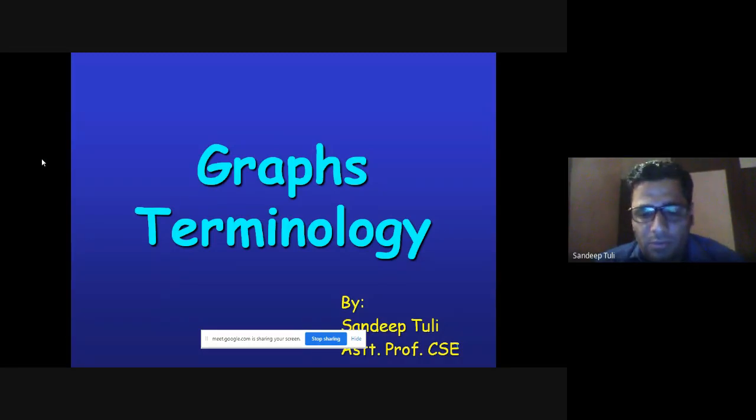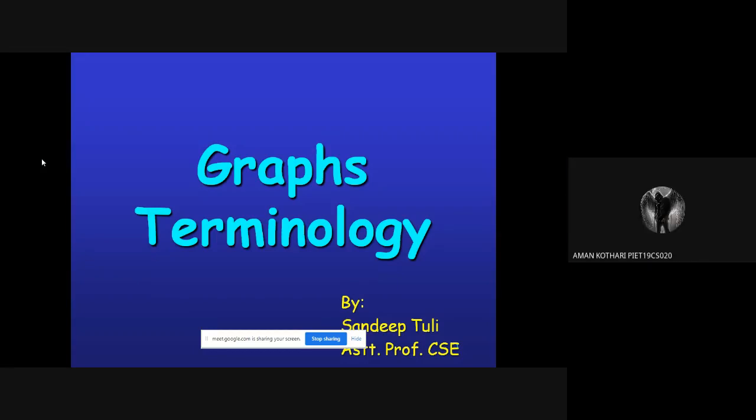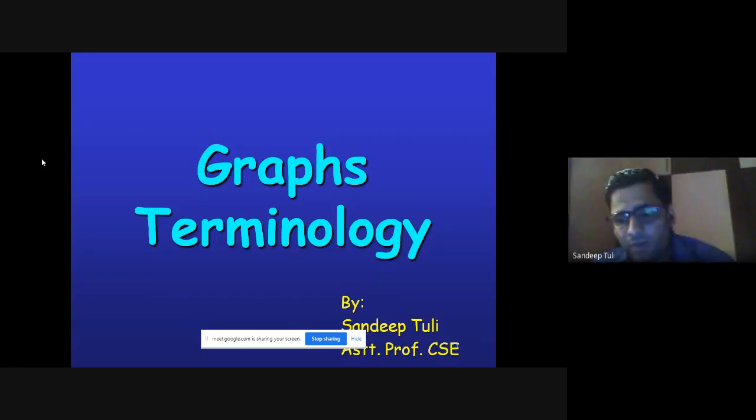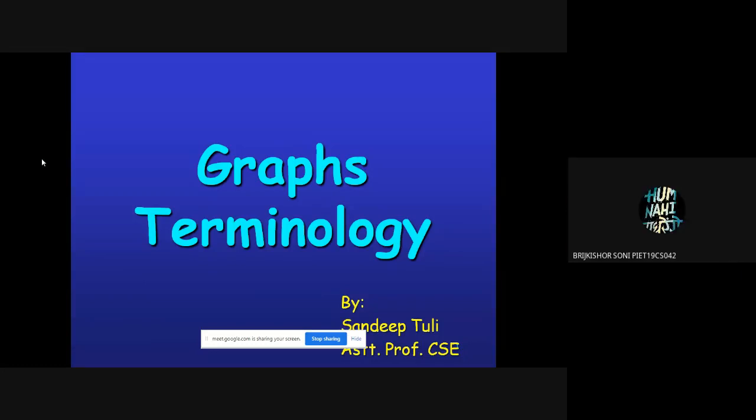So tree was a linear data structure or non-linear data structure? Non-linear. Why was it a non-linear data structure? Because the elements are not